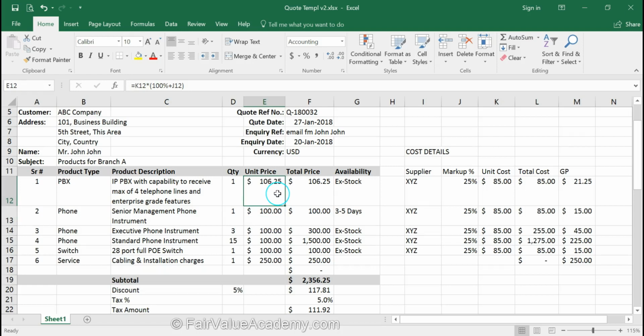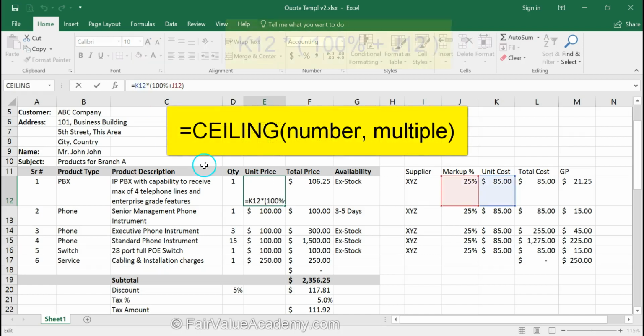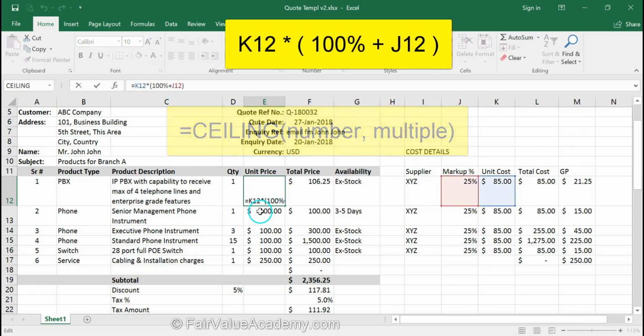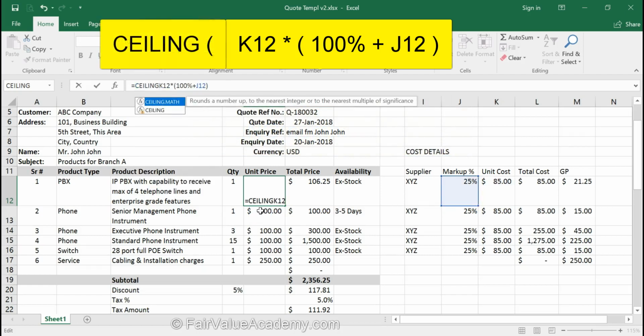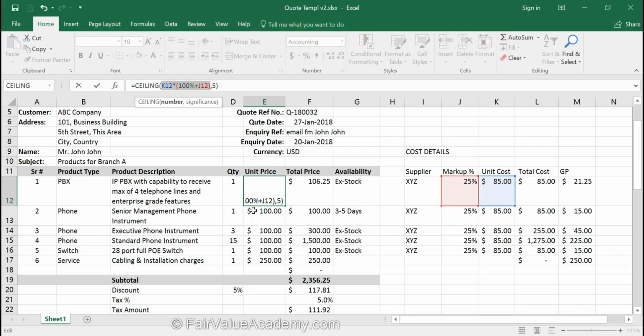However, we would like to round off this number and we will use the ceiling function. So if I have to edit this formula and use it for ceiling, I'm going to type ceiling, open bracket, comma, and give multiple of 5. The original portion which we had calculated is the number which needs to be ceilinged to a multiple of 5, and we press enter.